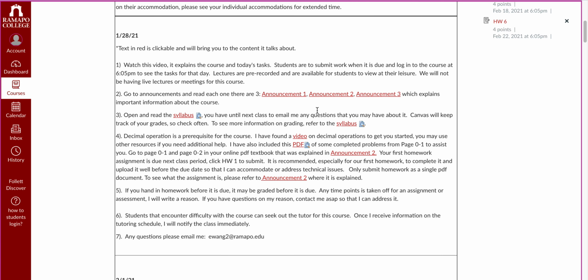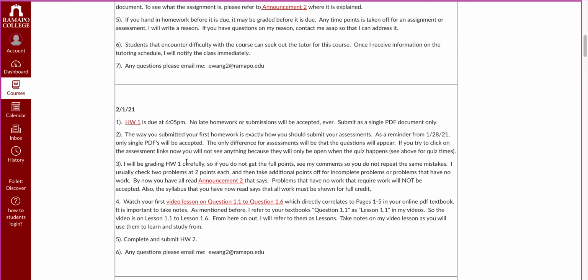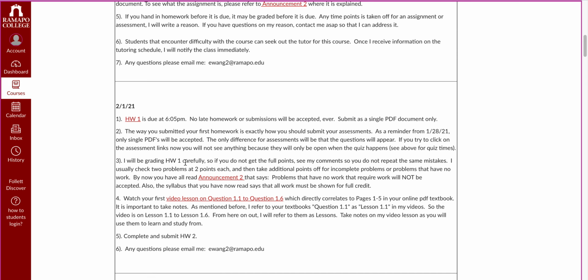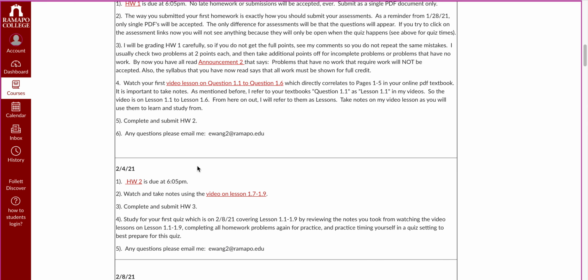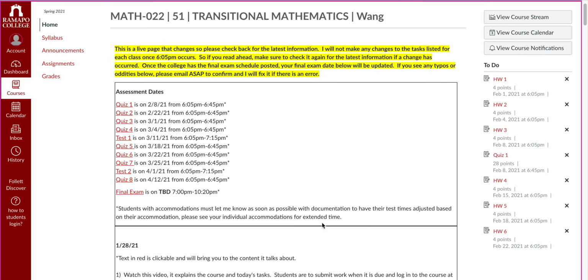That's why your homework 1 will be open on January 28th for you to submit it on February 1st, and that goes for all homeworks moving forward. For homework 2, because I mentioned it on February 1st, it's open for you to submit by February 4th. So there's always time for you to submit early.